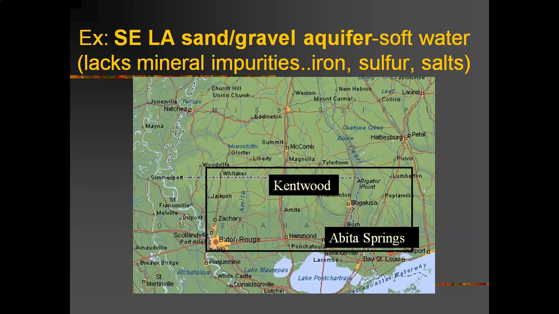And this is a beautiful aquifer that's storing the groundwater because this one aquifer lacks a lot of mineral impurities, and we call that kind of water soft water. And so it's not hard water. Hard water would have like iron in it that stains your porcelain in your bathrooms. Sulfur is a mineral impurity that makes the water stink like eggs. Salts, calcium carbonate is common in the desert that kind of gives a chalky taste to the water. And so that would be hard water, but this is nice soft water.